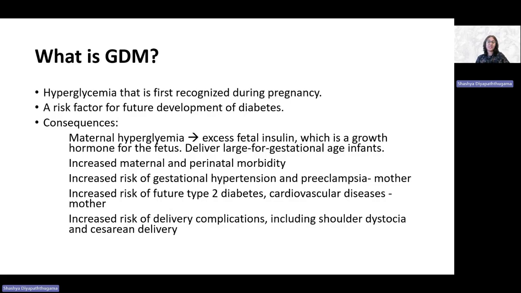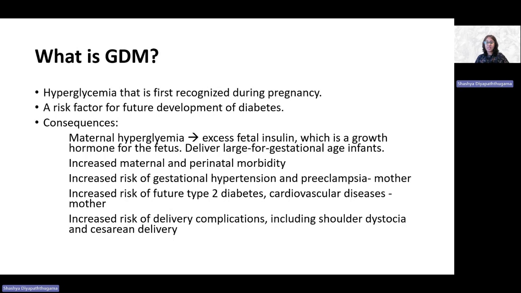And this insulin acts as a growth factor for the fetus, and that would result in larger babies, large for gestational age infants. And also, this GDM has long-term risks like type 2 diabetes, metabolic syndrome, and cardiovascular diseases in